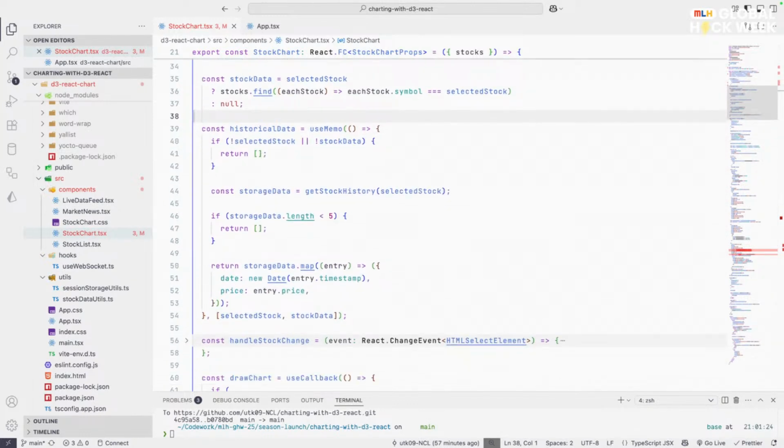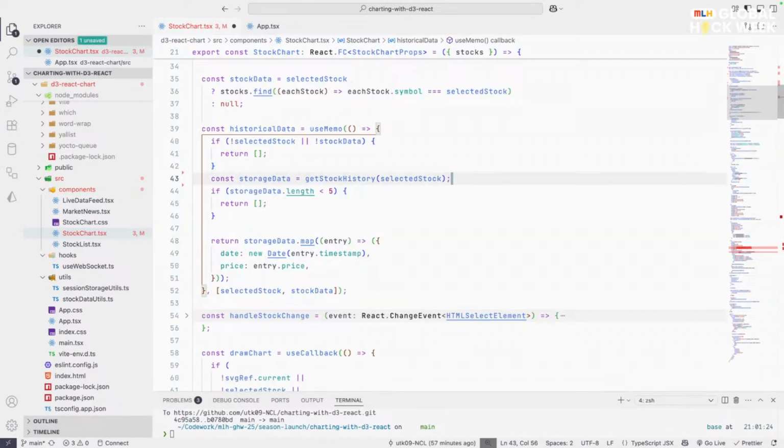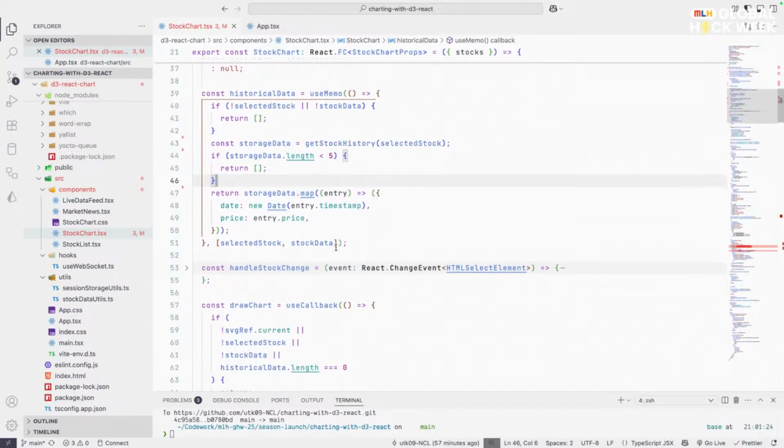So in historicalData, we are saying if there is no selected stock or there's no stock data, in that case, return an empty array. We get the stock data, which we definitely need. If the length is less than 5, again, we return. And finally, we return stockData.map, which is the data itself. And this entry